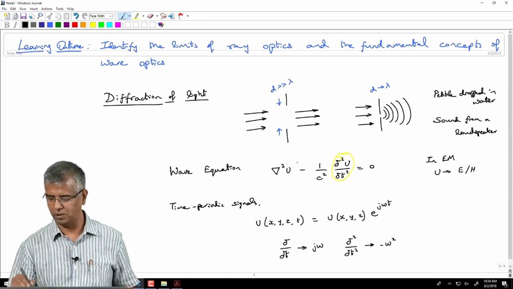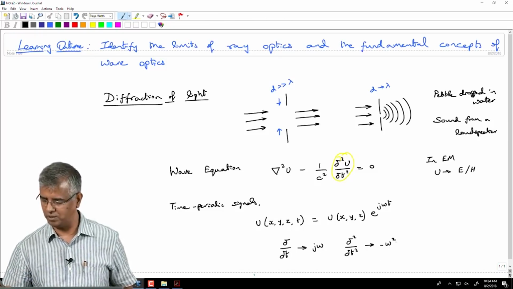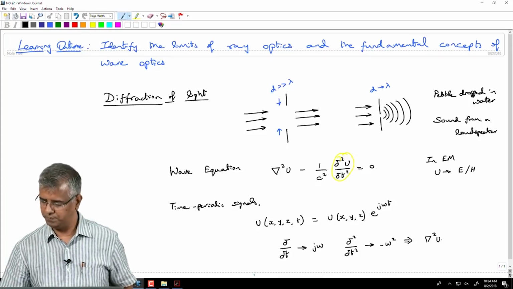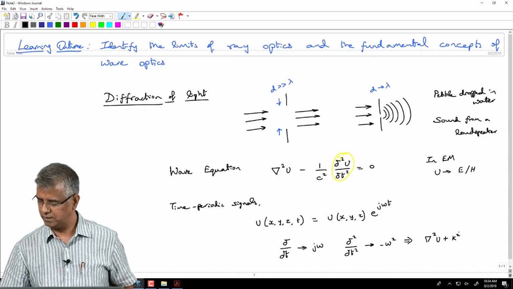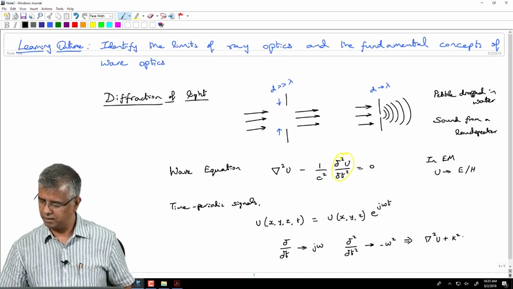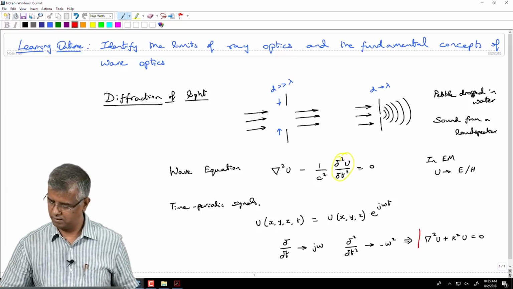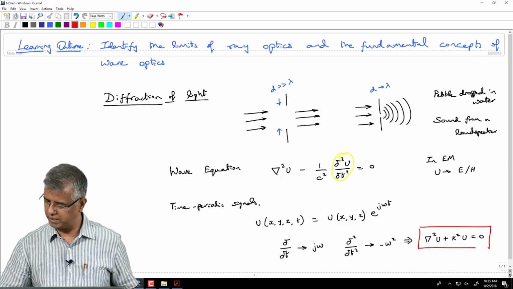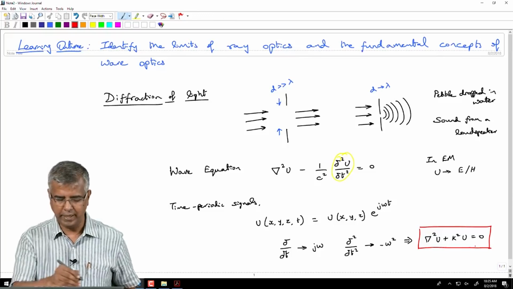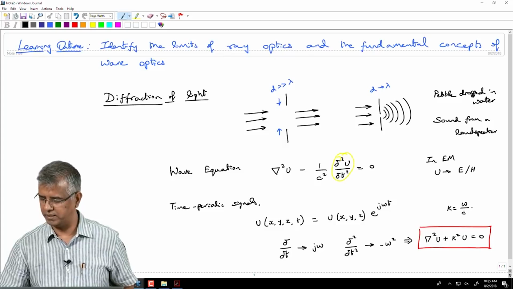So, I can substitute, instead of this second differential here, minus omega square, which gives me del square u plus k square u equal to 0. So, this is my wave equation for a time periodic case, okay,